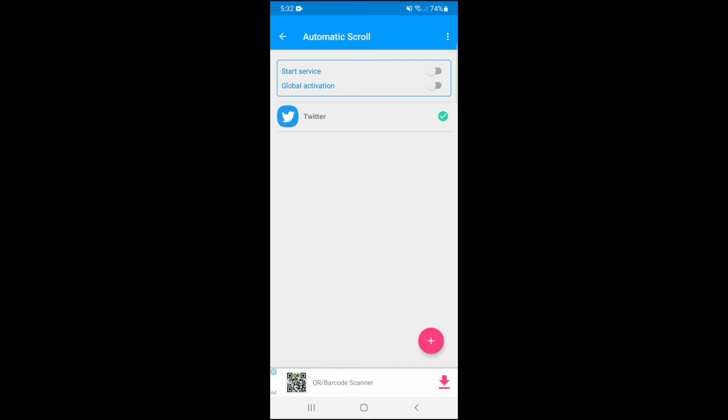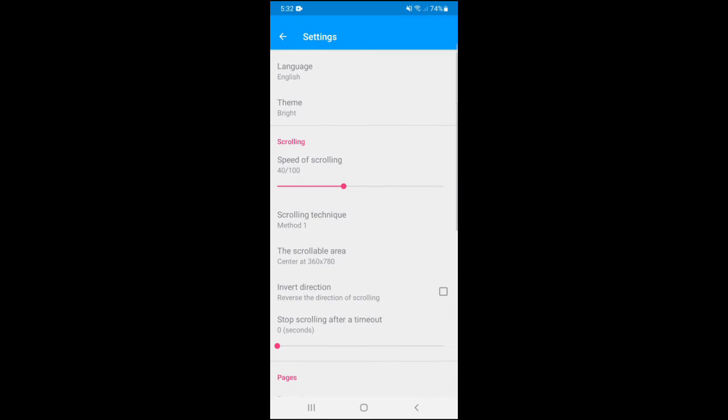Then click on Start Service. Next, if you click the three dots in the top right hand corner, then click on Settings. This is where you can adjust the speed of scrolling. However, you can only do this on the premium version of the app, so I'm not going to do it